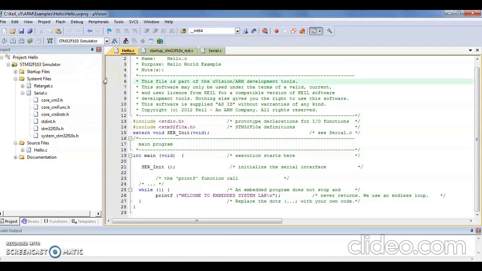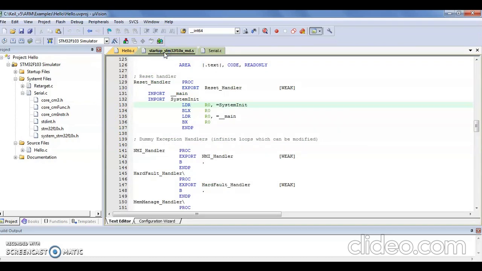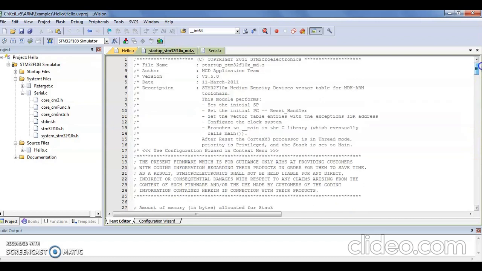Coming to hello.c, this file, as I already told, is a part of the Microvision ARM development tool, which is used here to simulate the serial communication, and we are going to see how serially the data is transmitted and checked in the serial window of our UART1. We also have the startup file, which contains all the information about peripherals, memory mapping and interrupt vector tables.